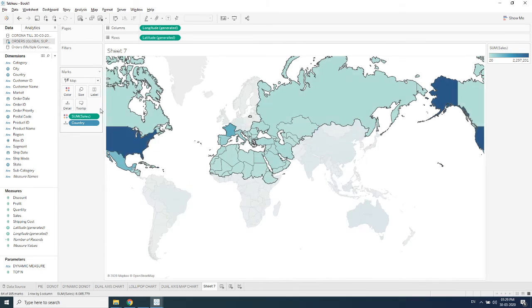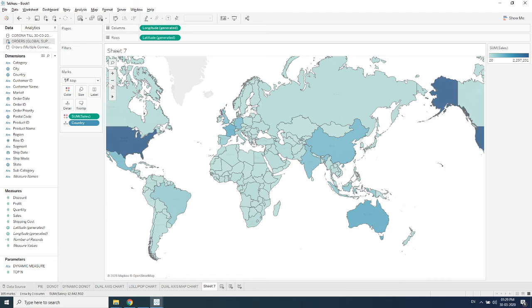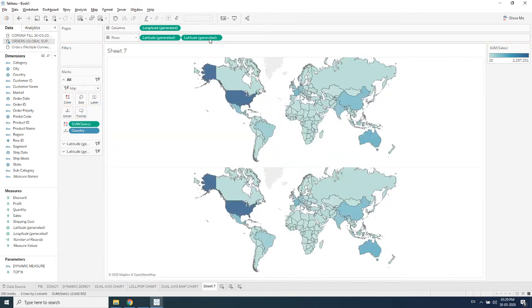So for keeping my categories, I want to make it a dual axis chart. For that I will press control on my keyboard, pick latitude and keep it in front, again in front of it, like this. So latitude comes two times, and hence my map chart will be repeated twice. Now, as I have told you in my previous video, when we are working on a dual axis, the number of marks increases. Here my third marks comes. Now on my third marks,